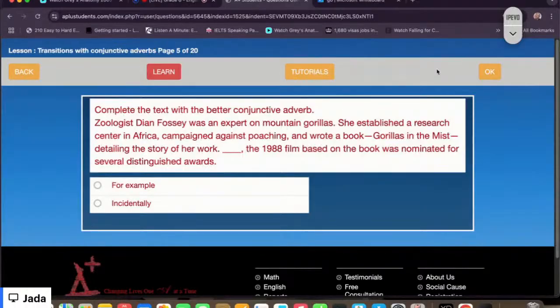Zoologist Dian Fossey was an expert on mountain gorillas. She established a research center in Africa, campaigned against poaching, and wrote a book, Gorillas in the Mist, detailing the story of her work. Dash, the 1988 film based on the book, was nominated for several distinguished awards. For example, incidentally,